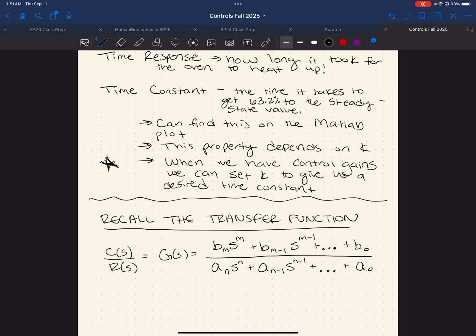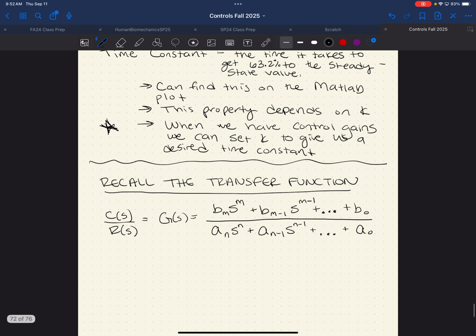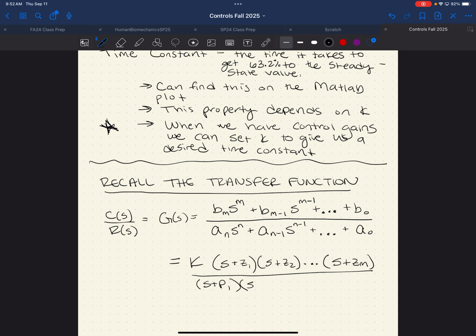Is that the only way that I like to look at transfer functions? Do I like to look at it as polynomials, or do I like to maybe rearrange it a little bit? Yes, we like to factor into multiplied terms. So another very broad general way of writing a transfer function is to say S plus Z1, S plus Z2, however many terms you need depending on the order of your system, over S plus P1, S plus P2,